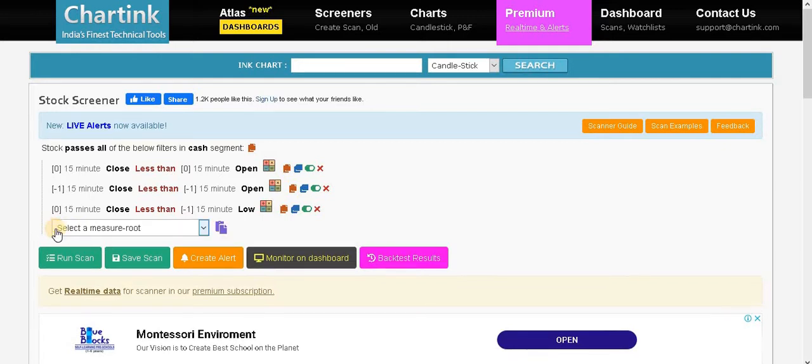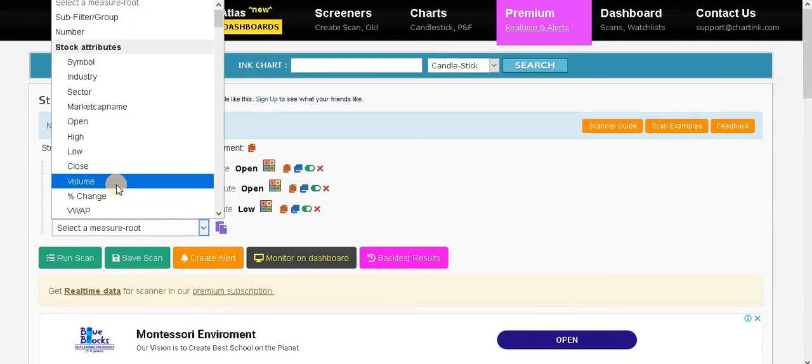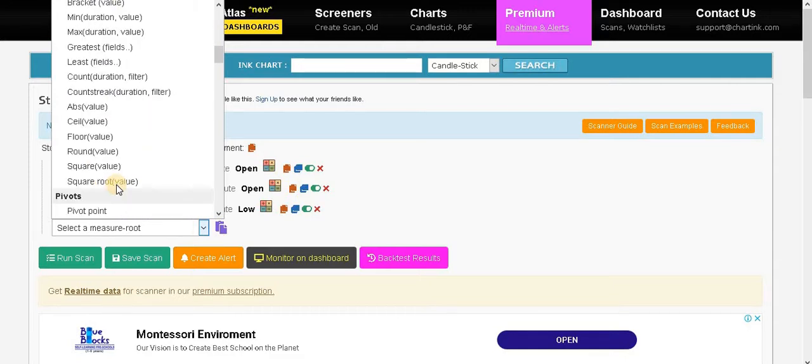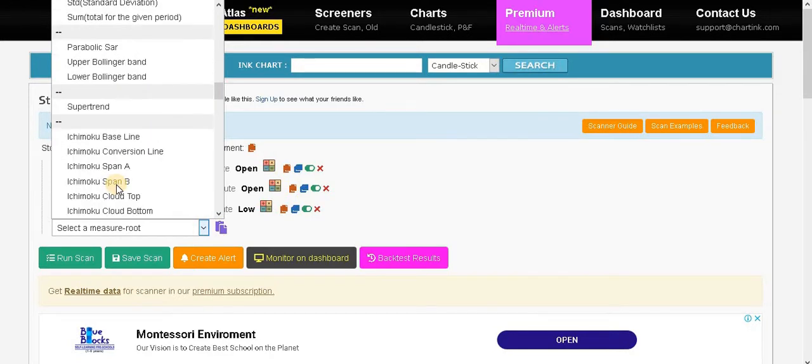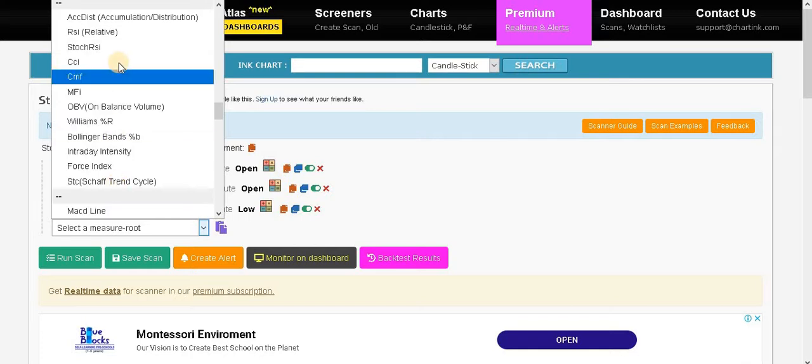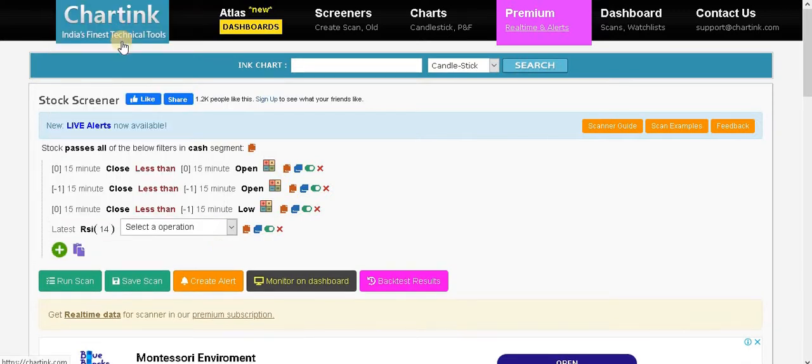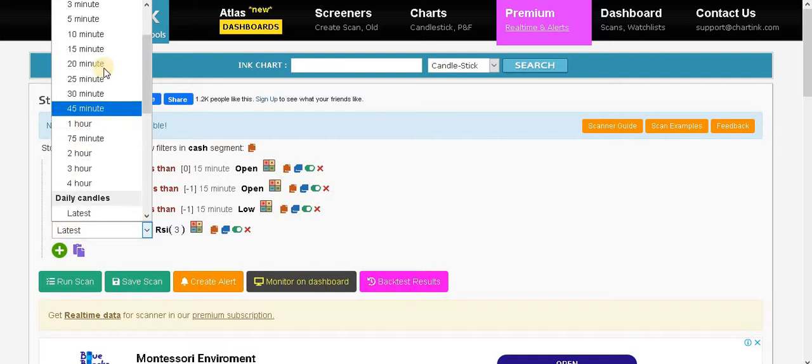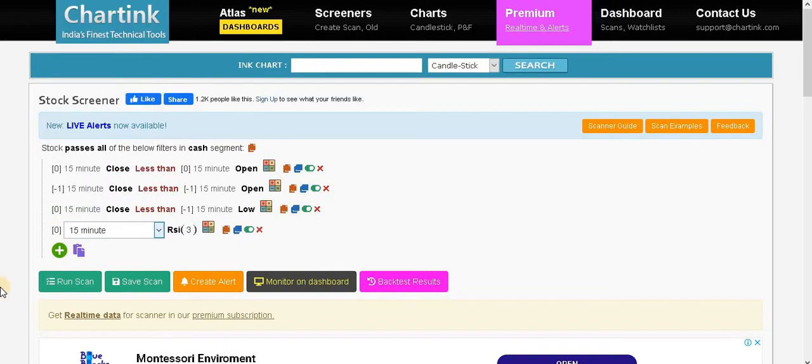Now the fourth one. In the fourth one, we'll be choosing RSI, and over here instead of 14 we are going to have 3. After we set the RSI value 3, we'll be changing this latest to 15 minutes.